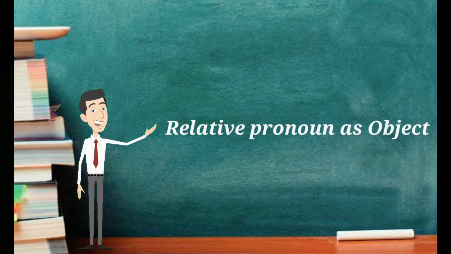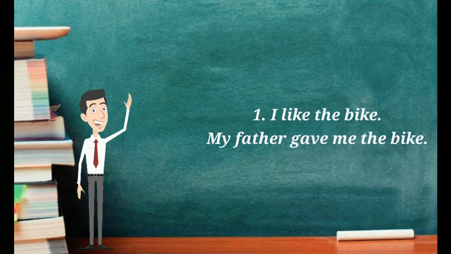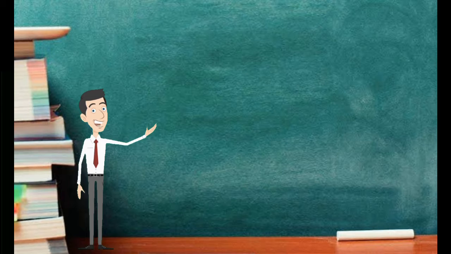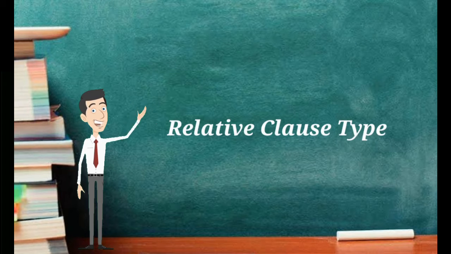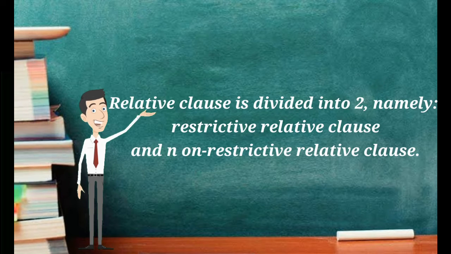Relative pronoun as object. 1. I like the bike. My father gave me the bike. 2. I like the bike that my father gave me. Relative clause type. Relative clause is divided into two,